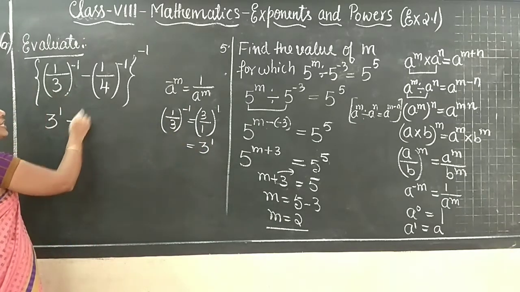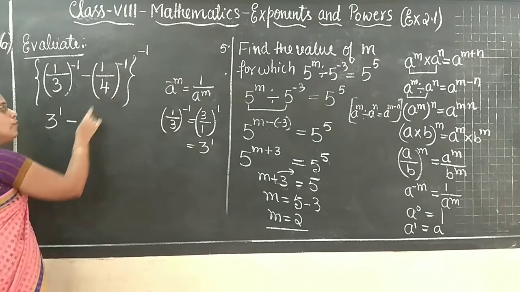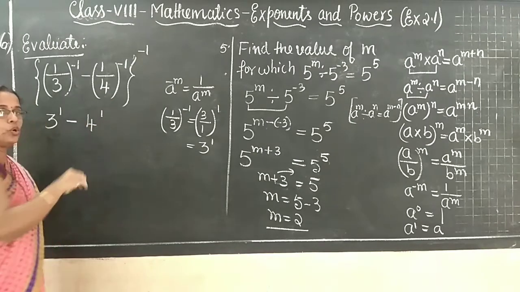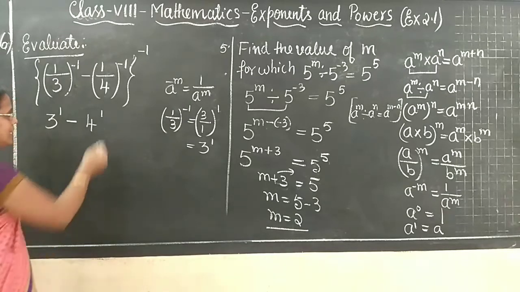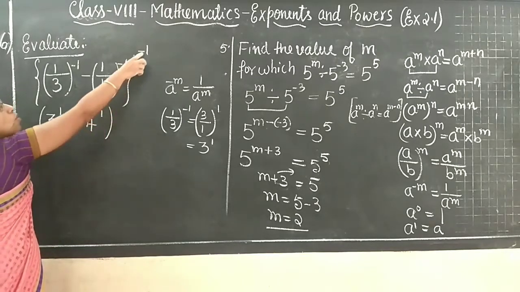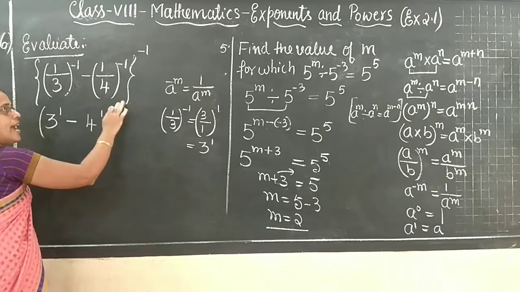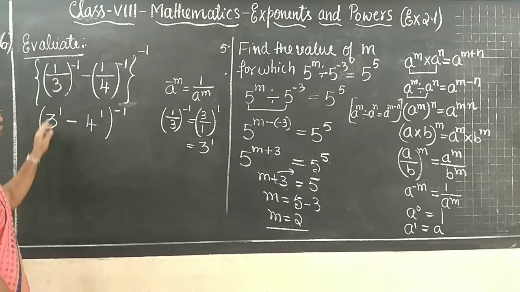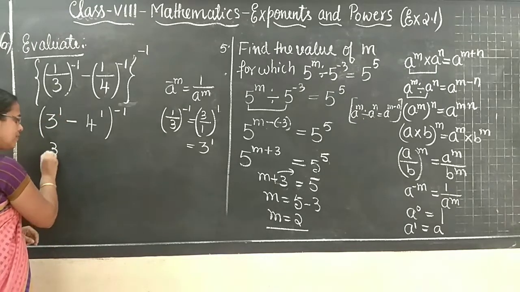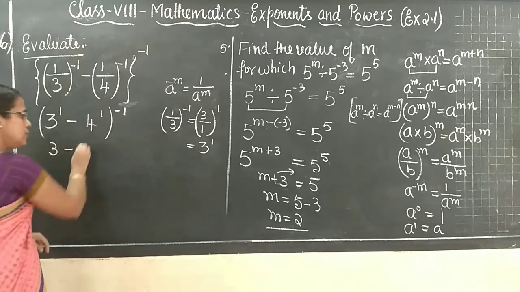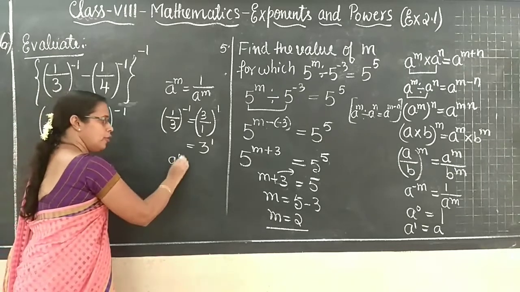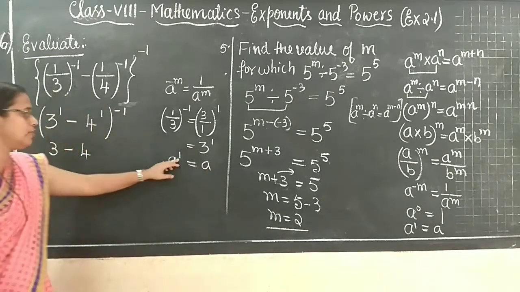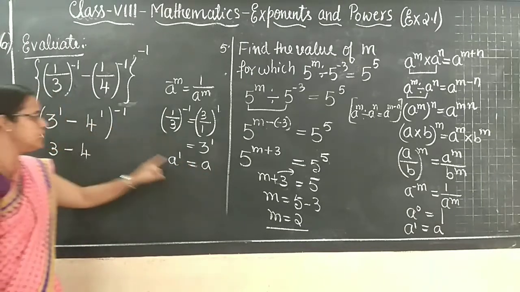So then minus 1 by 4 is 4 by 1. 4 by 1 is how much? 4. Negative power goes, positive power comes. Then what can I do? Outside, the power minus 1 is there, right? As it is, okay? As it is. Now what happens? 3 to the power of 1 is 3. 4 to the power of 1 is 4. You already know, 8 to the power of 1 is 8.